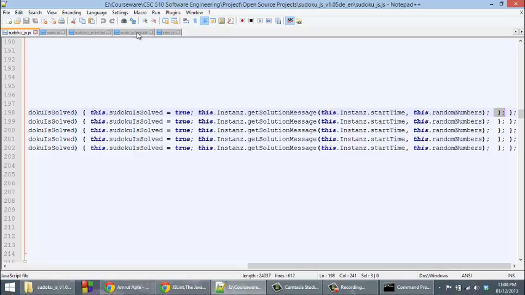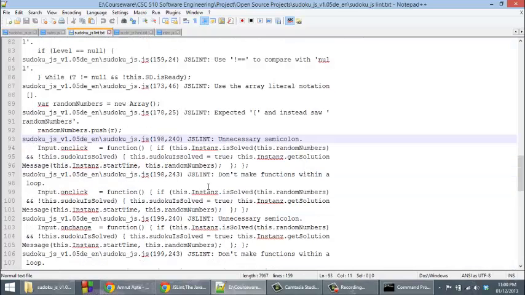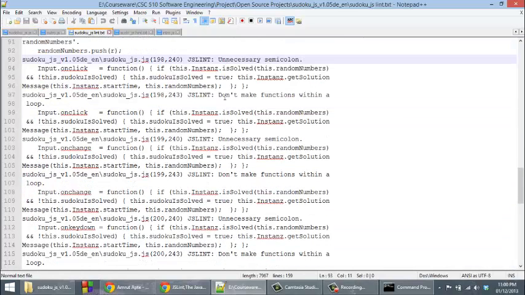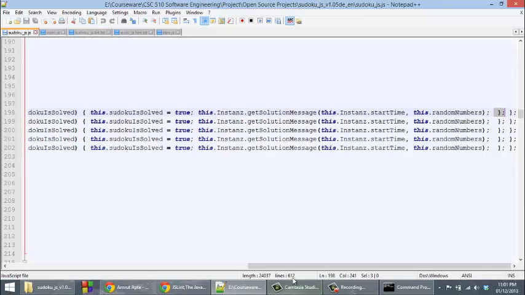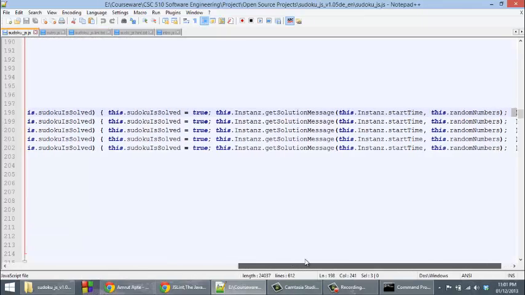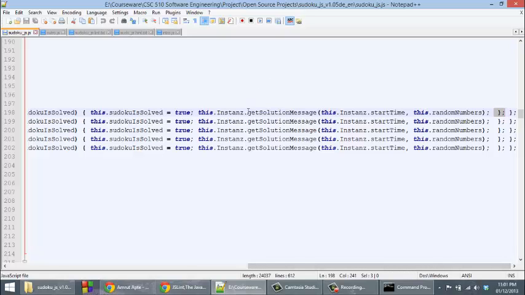Now let's look at the next error. We can see this particular error repeated many times: don't make functions within a loop. We can see them repeated 3 or 4 times, and this is on line number 198 and column 243, which was the same line which we saw before, where we are calling a function getSolution message